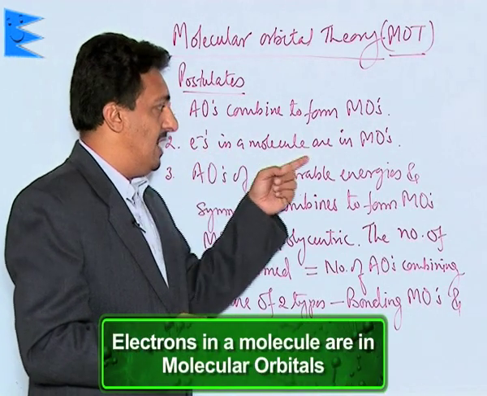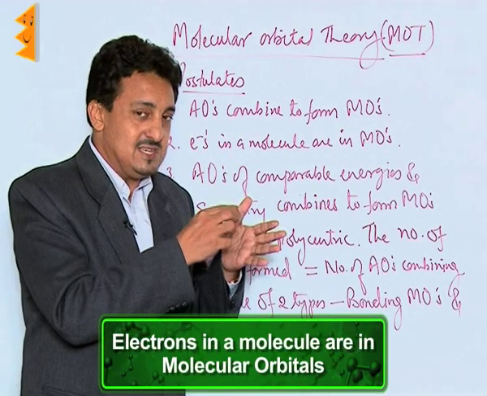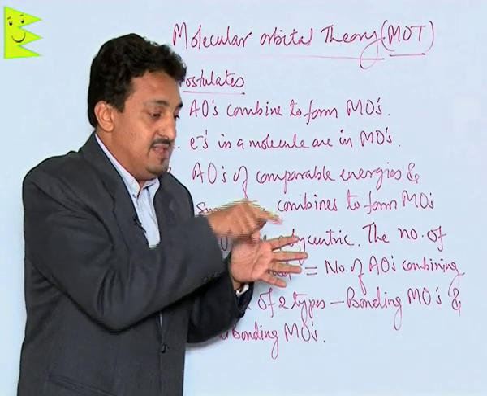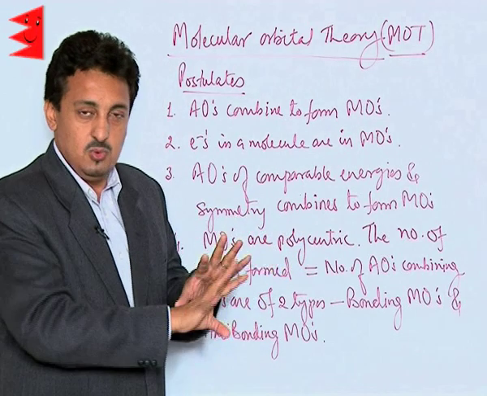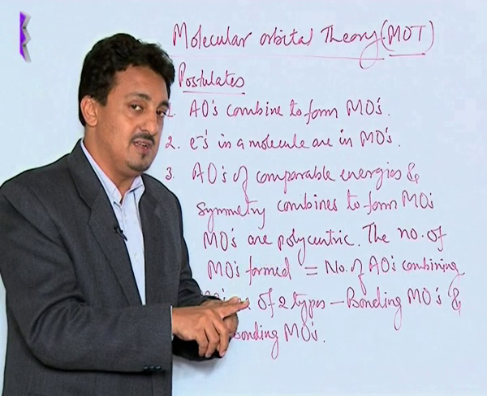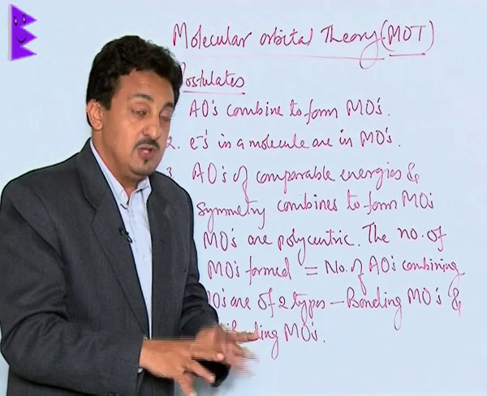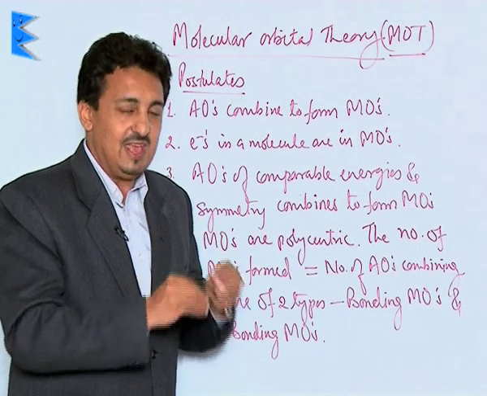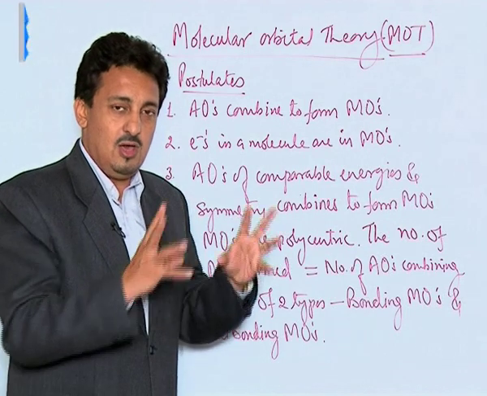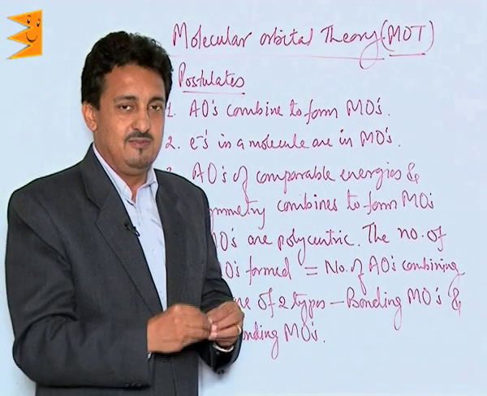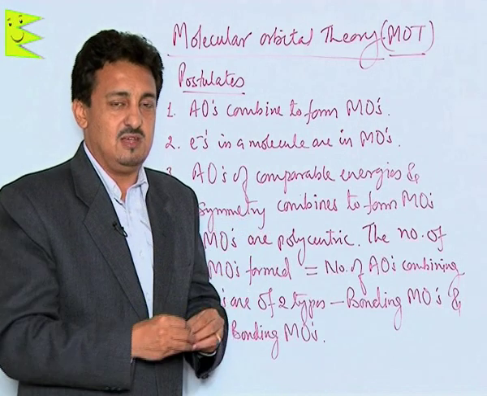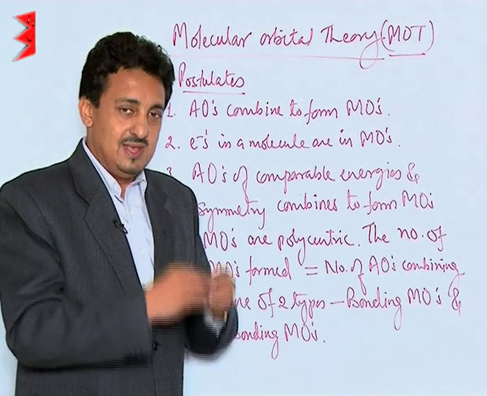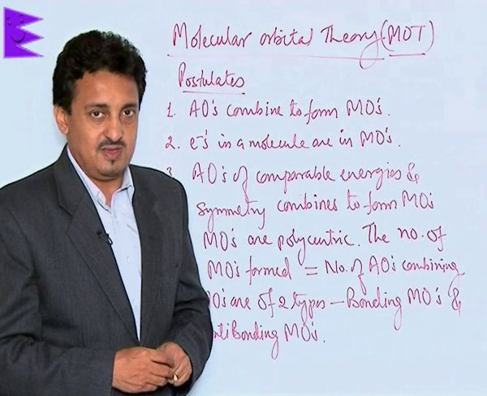Second important thing: the electrons in the molecule are in molecular orbitals. The electrons will be present in the molecule in these molecular orbitals, and after the formation of a molecule, we can't say that this electron belongs to the atomic orbital of this atom. No. An atom loses its identity the moment it forms a molecule. So an atomic orbital also loses its identity the moment it forms a molecule. We can't have any atomic orbital in a molecule. All atomic orbitals of the combining atoms overlap, mix with each other and form a new type of orbitals called molecular orbitals. That is why the electrons will be present only in these molecular orbitals.